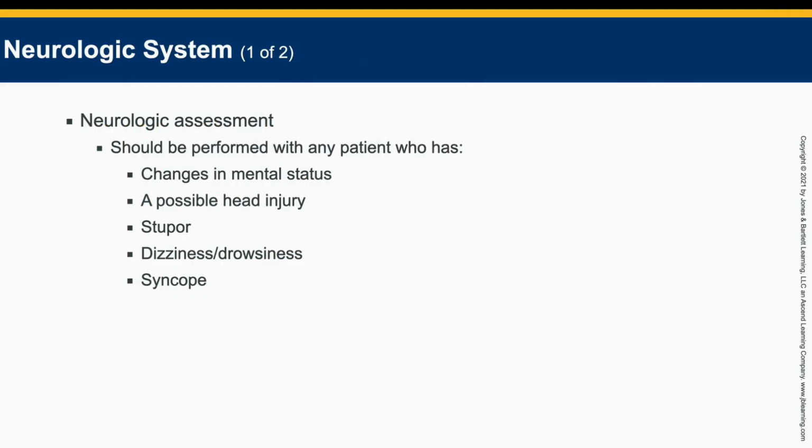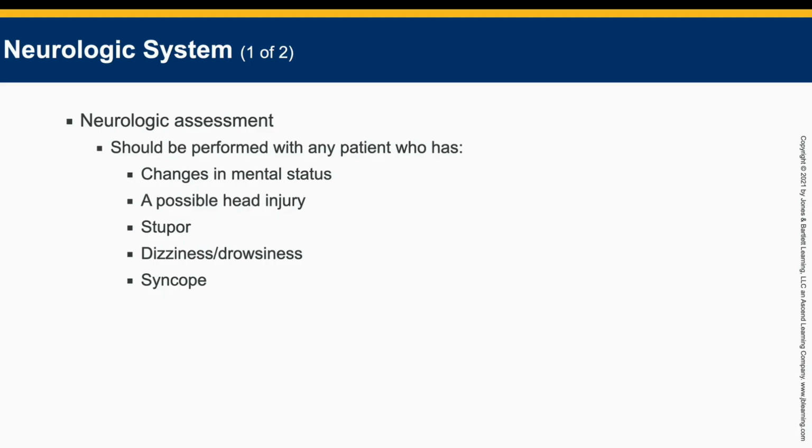Another important system to assess is the neurologic system. A neurologic assessment should be performed whenever a patient shows signs that their brain or nervous system might be affected. This includes patients who have changes in mental status, meaning they're confused, disoriented, or not behaving normally. A neurologic assessment is also important if the patient has experienced a possible head injury, since trauma can affect brain